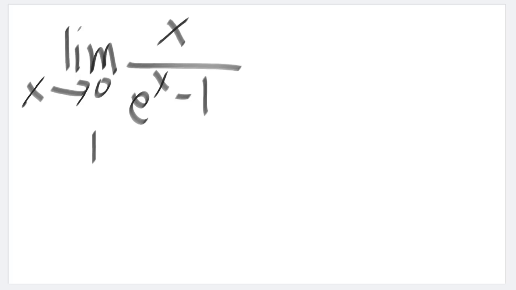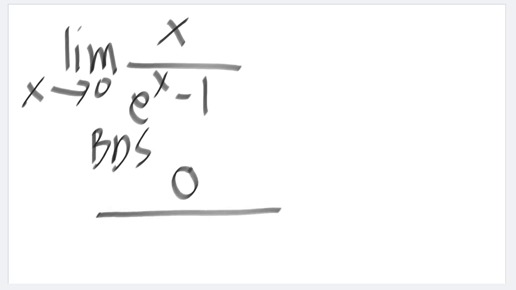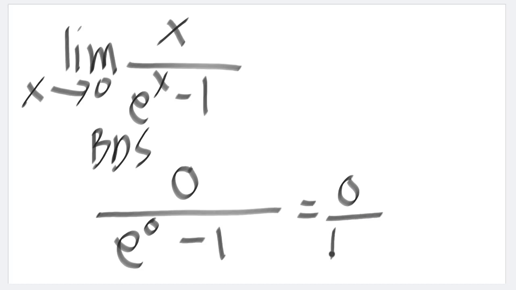So, by direct substitution, 0 over e raised to 0 minus 1 is equal to 0 over 1 minus 1, and that is 0 over 0. 0 over 0 is an indeterminate form. It cannot hold true as an infinity. Because it is not equal to infinity, therefore,